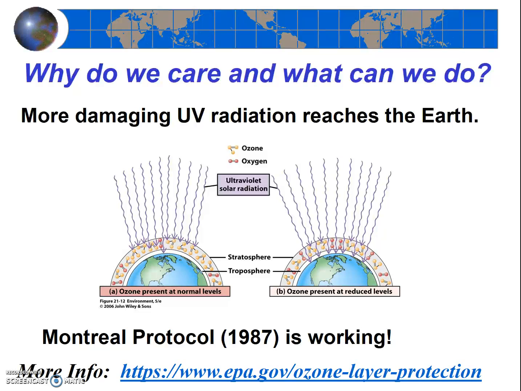The treaty banned the production of CFCs and the use of selected other compounds, other ozone-depleting substances, and it continually is updated as we learn more about what sorts of substances are ozone depleters. The treaty also worked hard to find alternatives to the existing ozone-depleting substances, and it required the developed countries to act first and also to share knowledge with the less developed